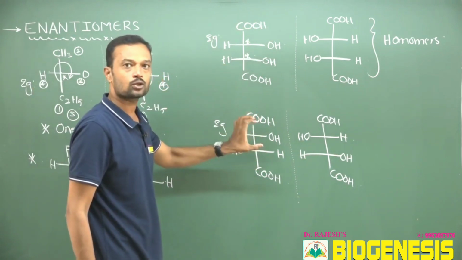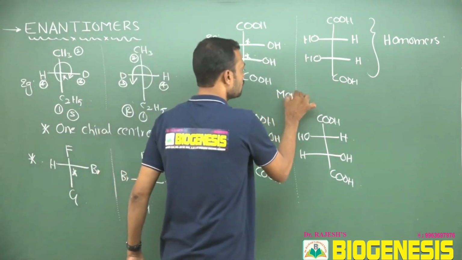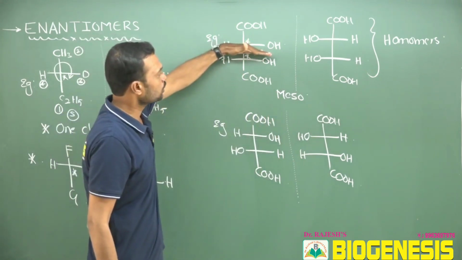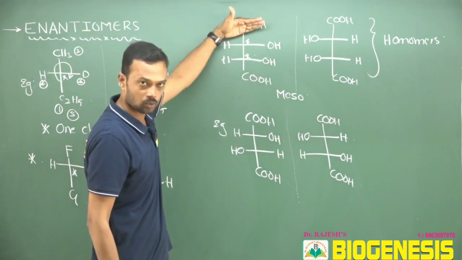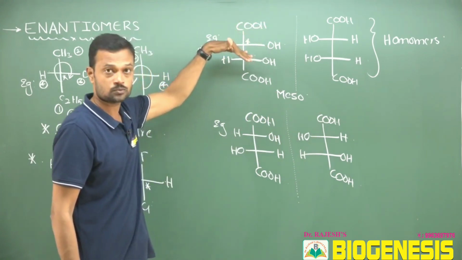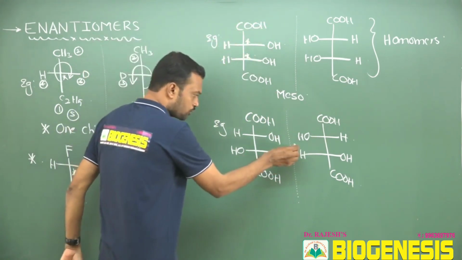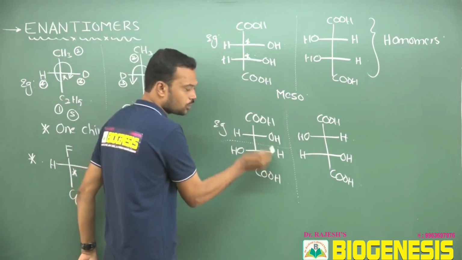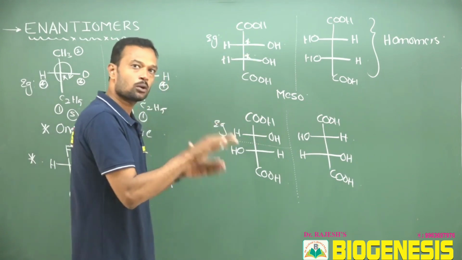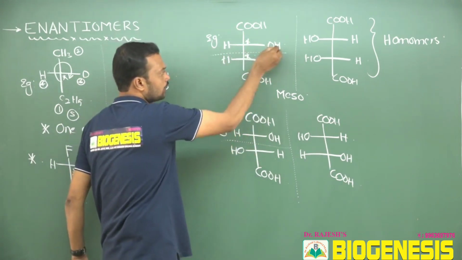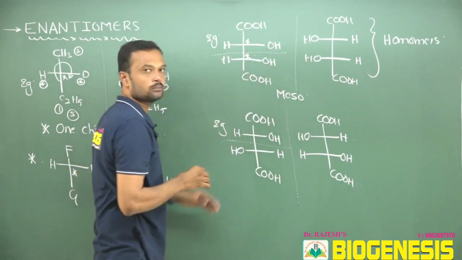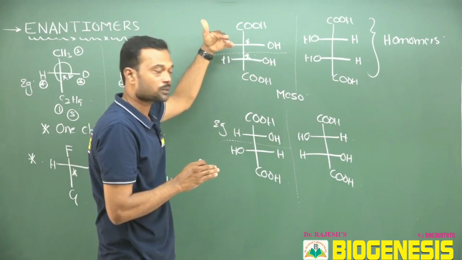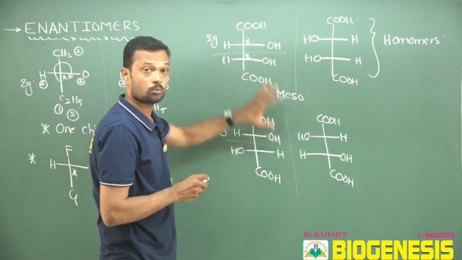Now, this is an active tartaric acid. Here I am saying meso. Meso is nothing but half of the mirror image within the molecule. See, if you suspend a plane over here, this image is going to be reflected within the molecule. So that is called a meso compound. Here, if you suspend a plane like this, the above image is not equal to the below; here hydroxy, hydrogen is there, and there is no image within the molecule. But if you suspend a plane here, hydroxy, hydroxy same, hydrogen, hydrogen same, carboxylic acid also same. So half of the mirror image is present within the molecule. So this is called meso, but this is not meso.